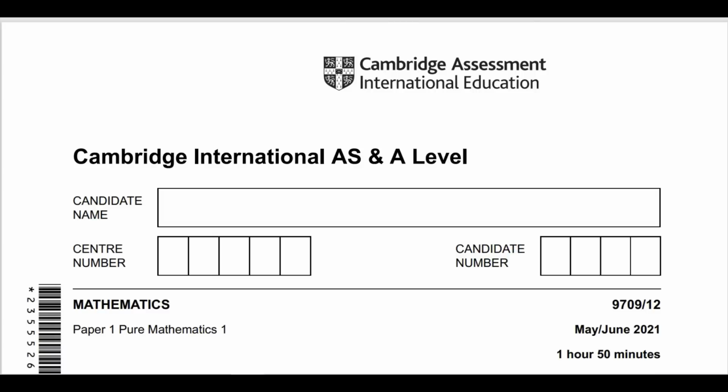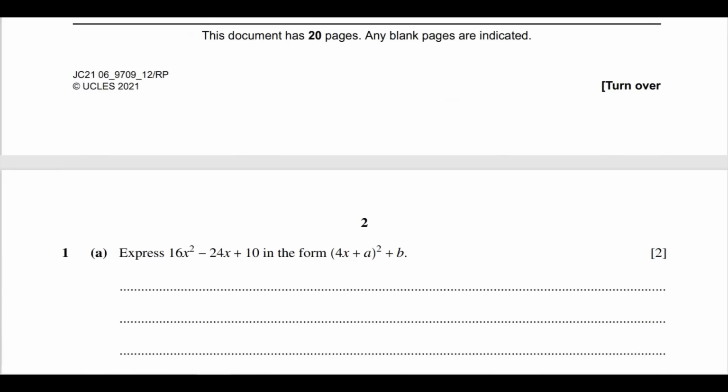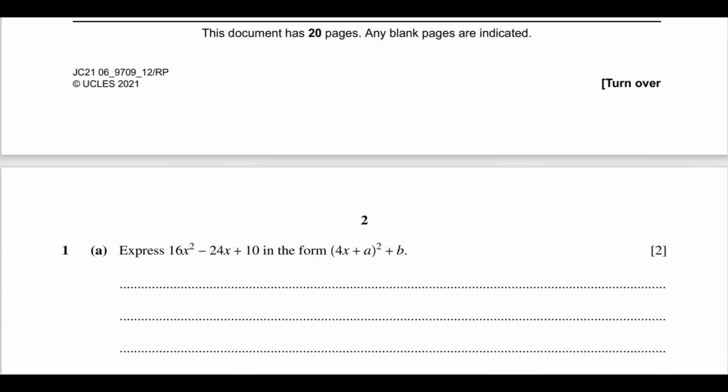Hello everyone. Today we'll be looking at Cambridge International AS and A Level Pure Mathematics 1, 9709/12, May June 2021. The first question is